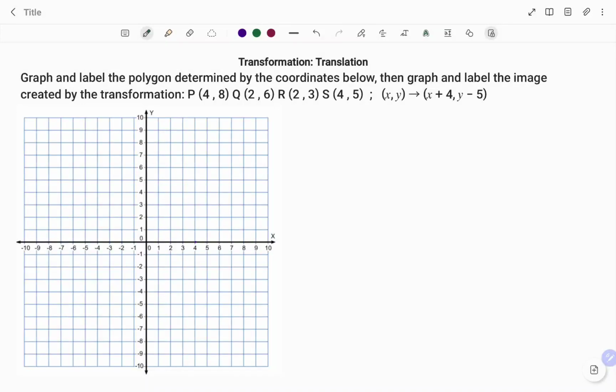In this video, I'm going to show you how to graph a polygon and also translate the polygon using the